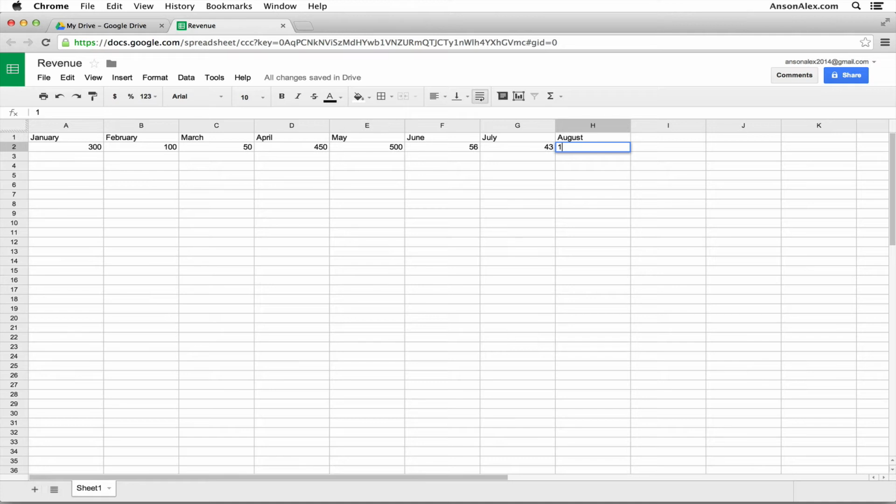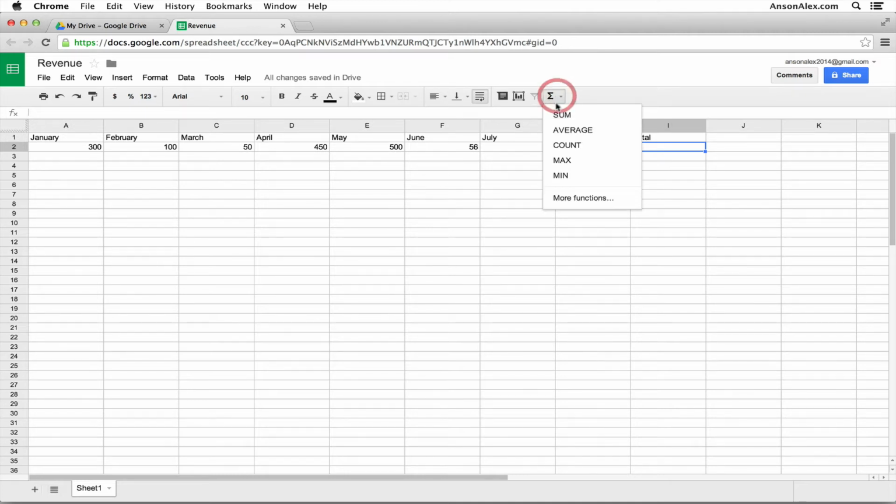All right, so we have 8 months worth of data here. Now we want to figure out what the total is for these 8 months. I could go ahead and create a field here called total. And then when I have the field selected where I want my calculation to go, I can go up here